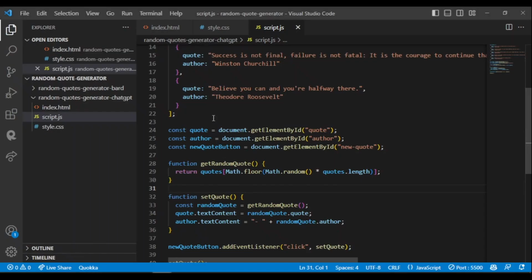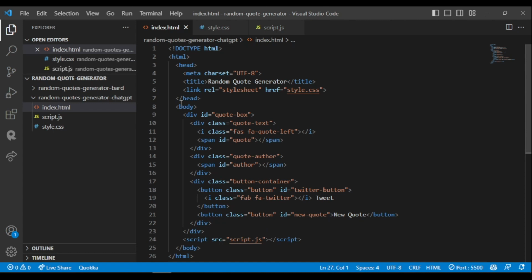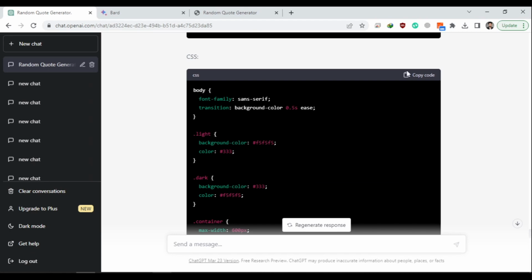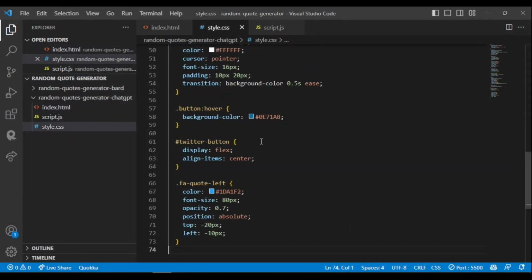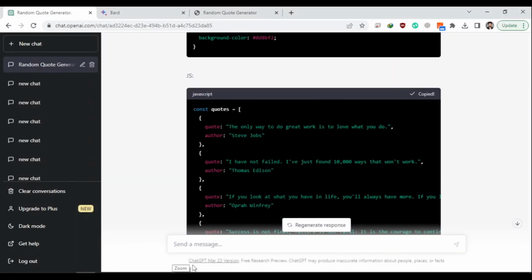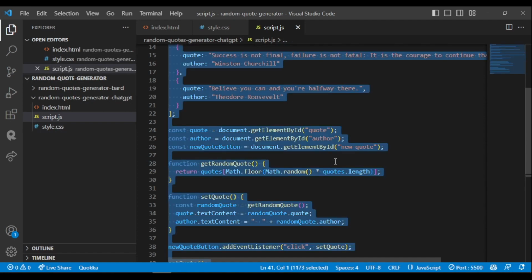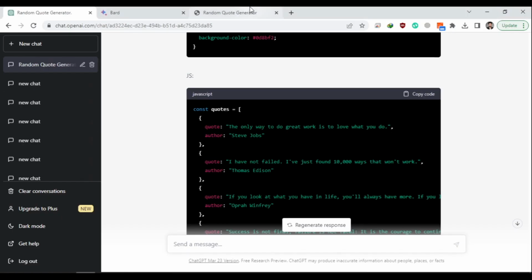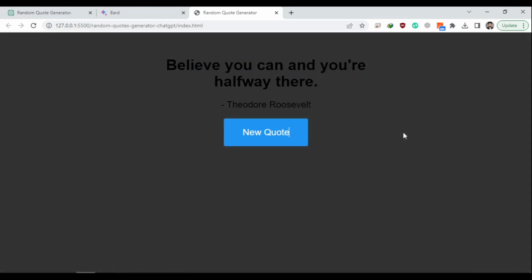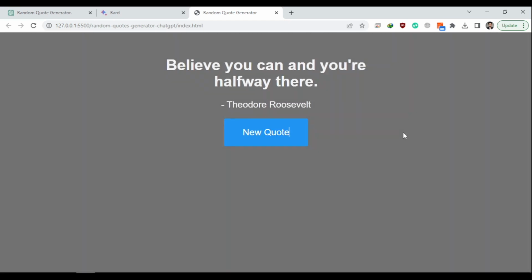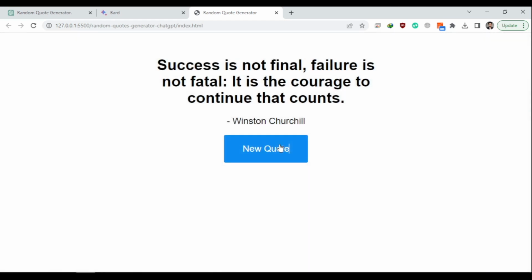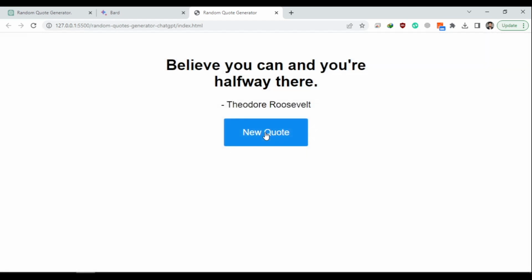Let's implement it again. Let's see what we got this time. Okay, when I click on it, it changes colors as well. That is nice. I click on new code and it comes out like this. So that's what we got from